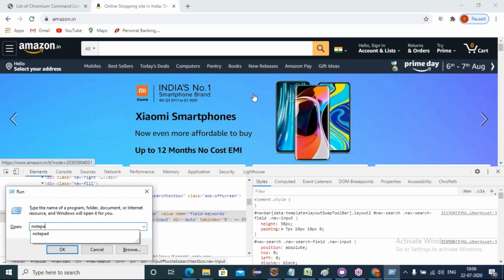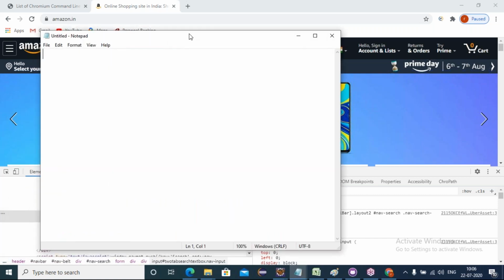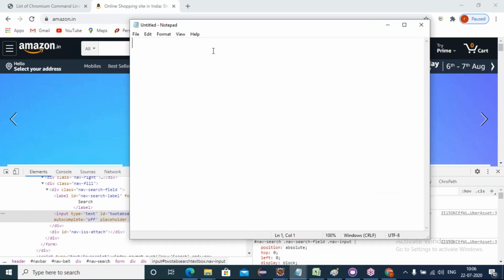Let me write it here. The first one is locators. The identifying locators, to interact with web elements: first is ID.